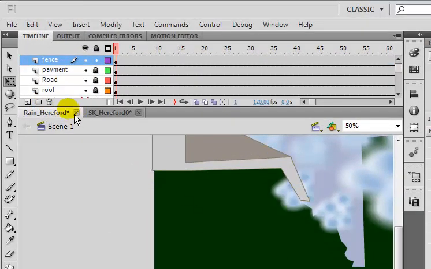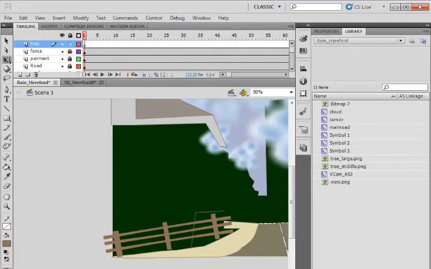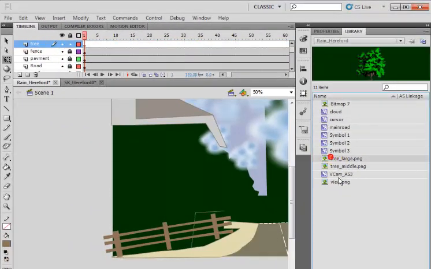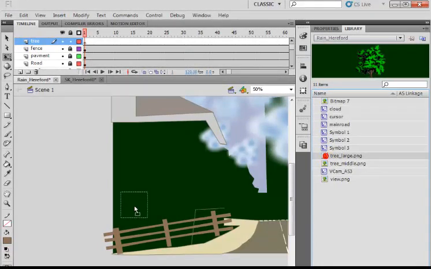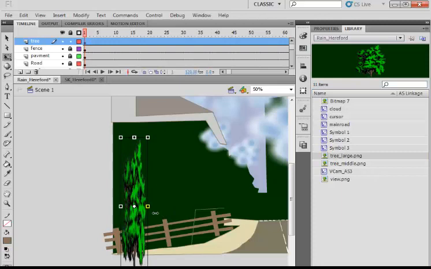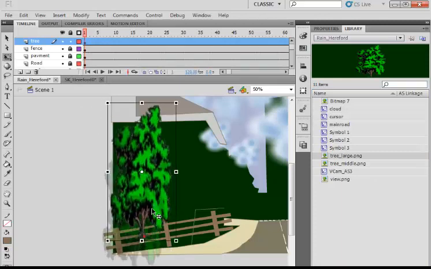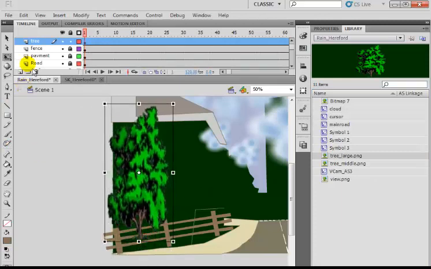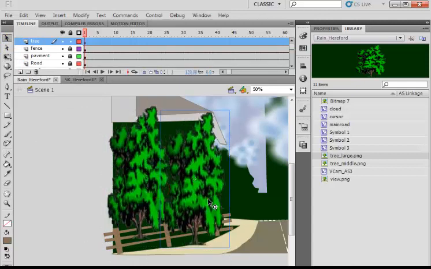Like I said earlier on, the next thing is to add one more layer up there. Let's call that trees. Okay, and let's lock this up. Here are my trees. Get a large one, let's place them there and just make them look a little bit big. So I will copy that across,